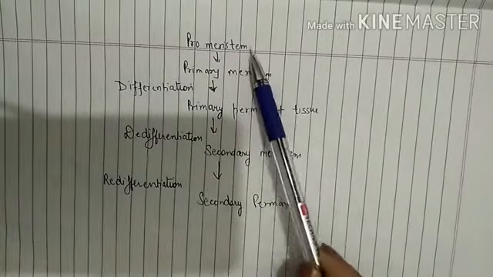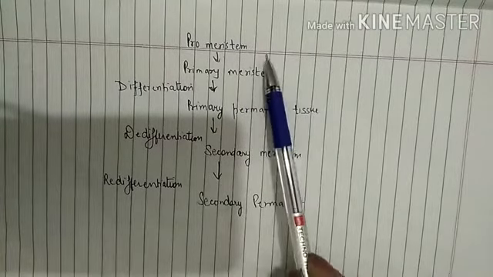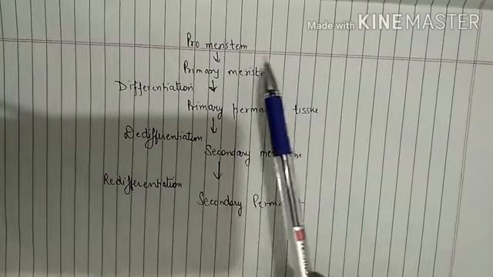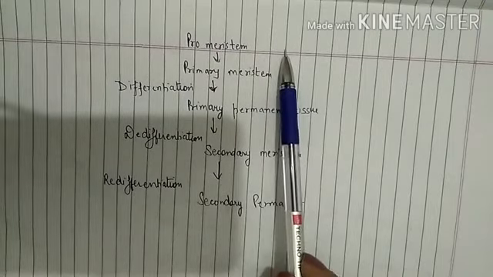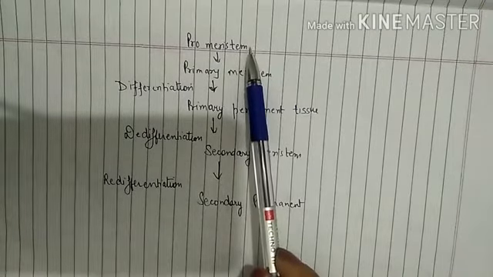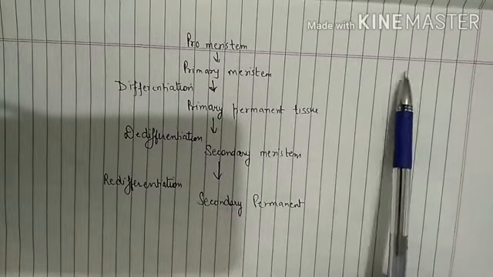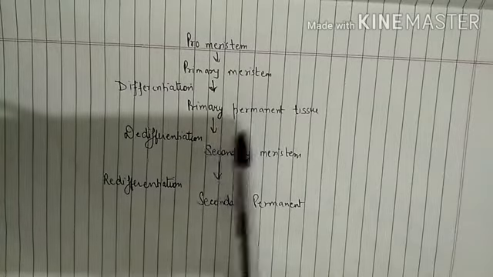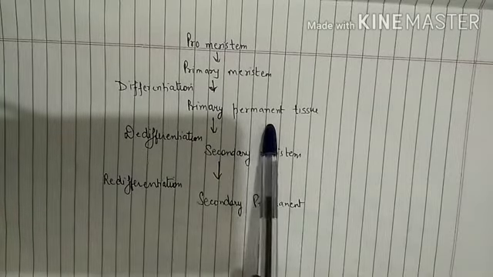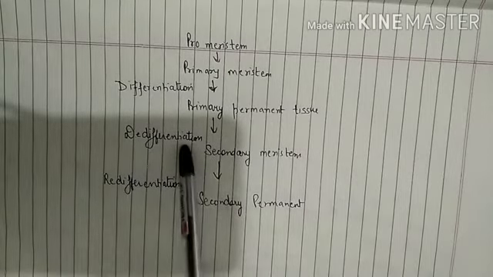Here we have studied promeristem, which is present in the embryonic stage of plant in the germinating embryo or young seedlings. So those meristematic cells are known as promeristem or primordial cells, or this is also known as embryonic meristem, and these cells, they occupy a small area at the tip of stem and root also. Differentiation means now the cells, they have lost the ability to divide and they converted to primary permanent tissues. So primary permanent tissue again dedifferentiate.